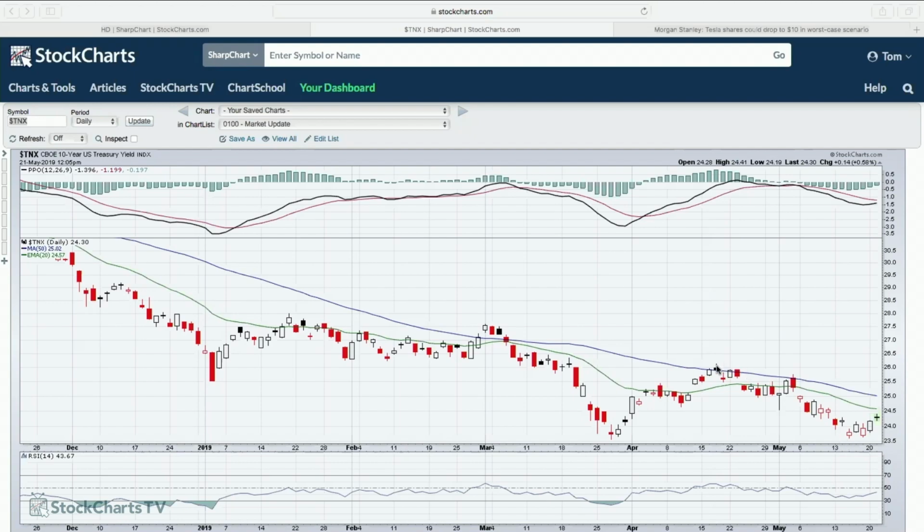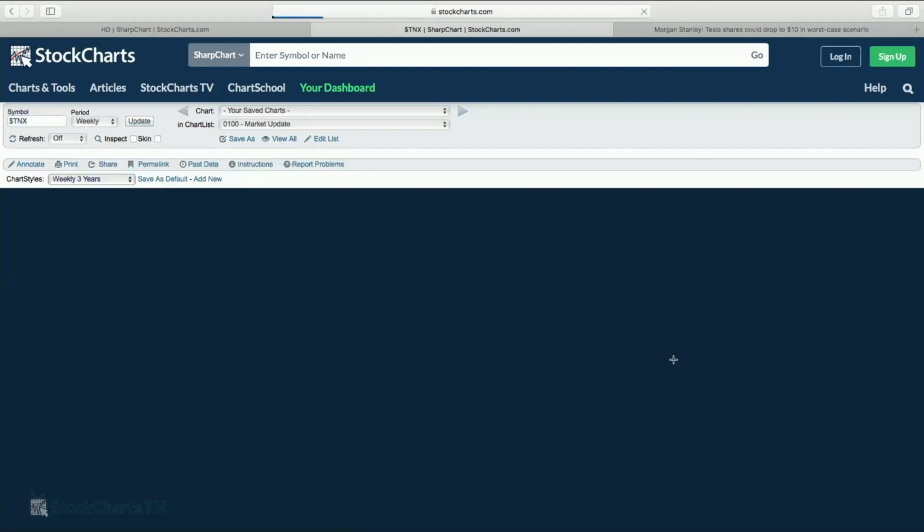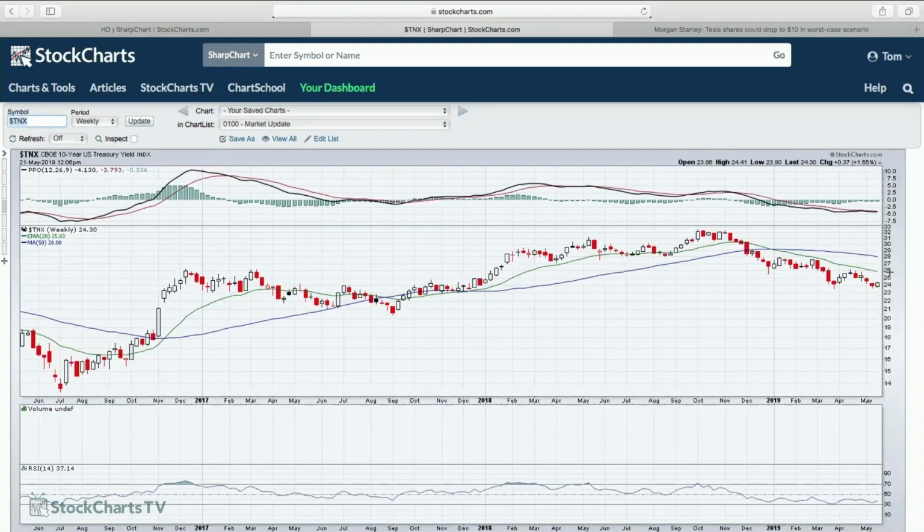And then you come back up here and that reaction high was at 2.60. And I think it was also on the weekly chart, if I'm not mistaken. Let me pull that up. I think 2.60 may have been, yeah, there's your 20-week EMA, which currently is at 2.583. So just remember, if we get back up above 2.60, and I know we're still a long way away from there,